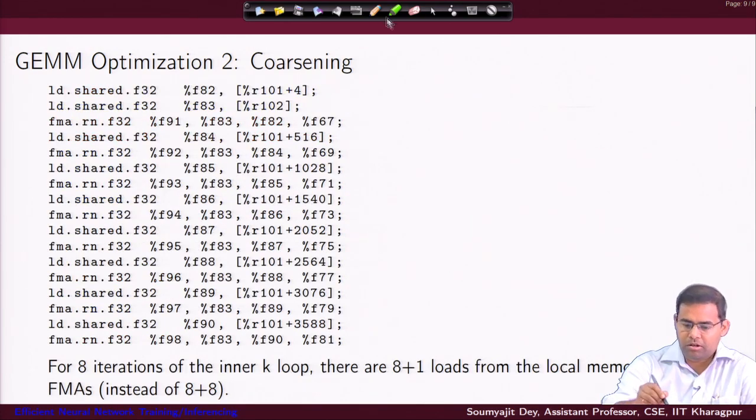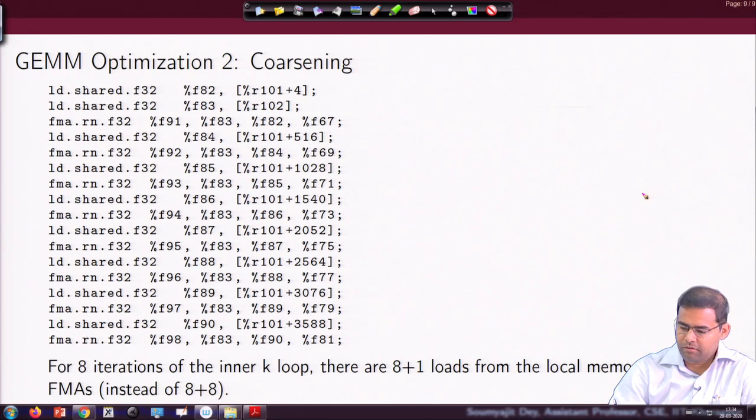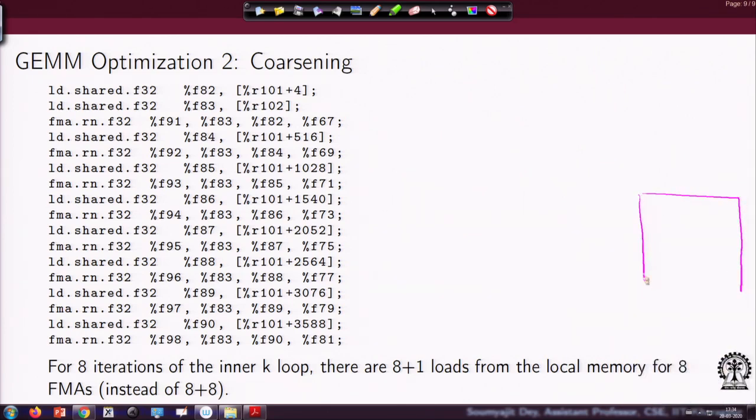So, if I just draw a picture, it would be like this: let us say this is my final output, and I am going to launch tiles and all that. So, earlier, whatever was the activity for one thread, let us say I am now asking one thread to do the computation for 2 elements, or in general maybe more than 2 elements, right. That depends on the amount of coarsening that I am pushing into the thread, let us say 8 elements, right. So, we will see how it makes progress.